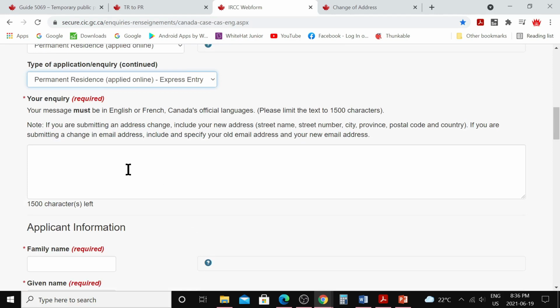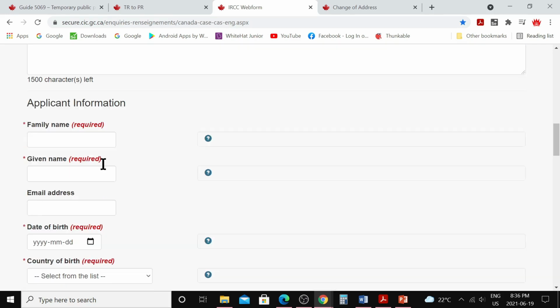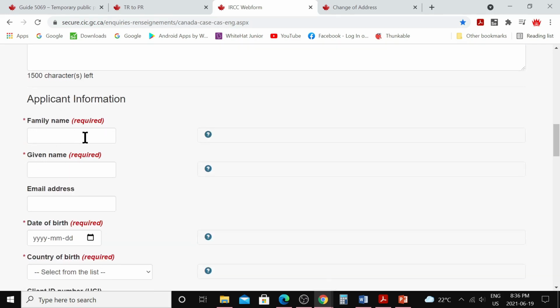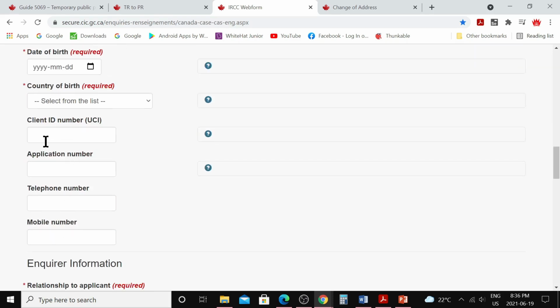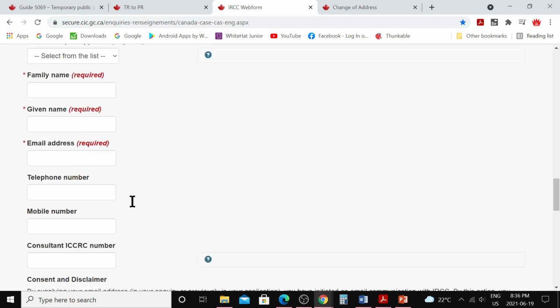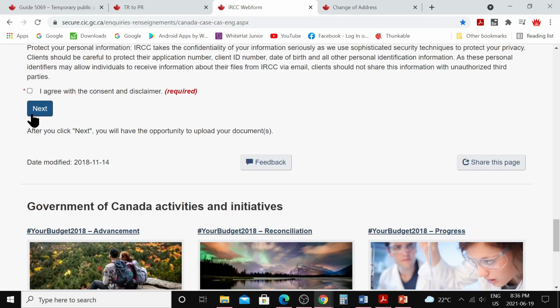Write that you applied through Tier to Peer pathway and you need to submit important information which got changed after you submitted your application, and then here you can fill in your first name, your family name, your given name, your email address, date of birth, country of birth, your ID number, telephone number, mobile number, and fill this information and say agree, click next and submit this web form here.